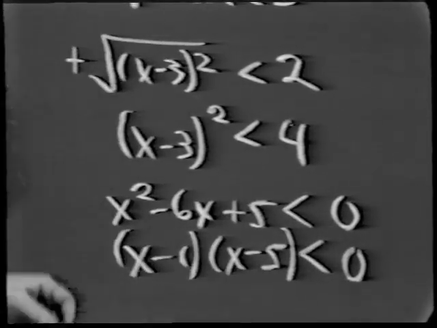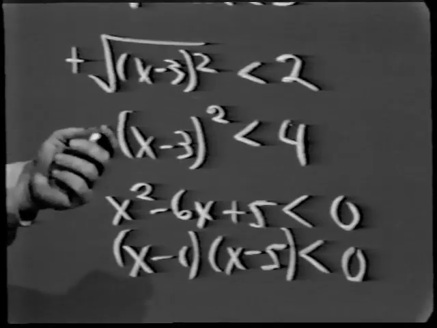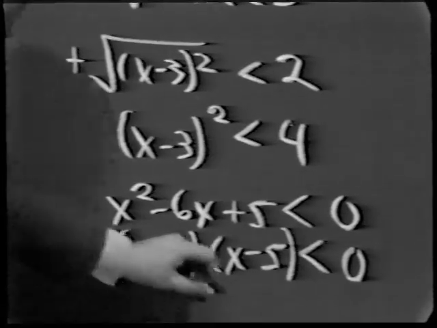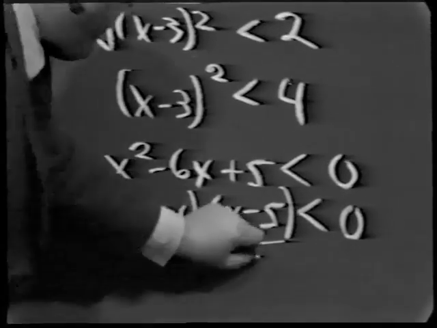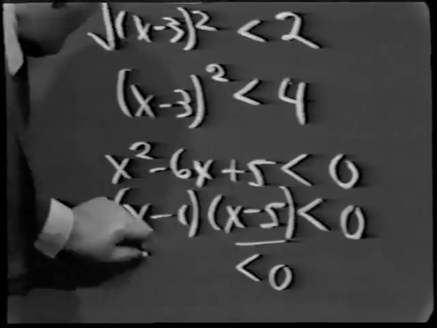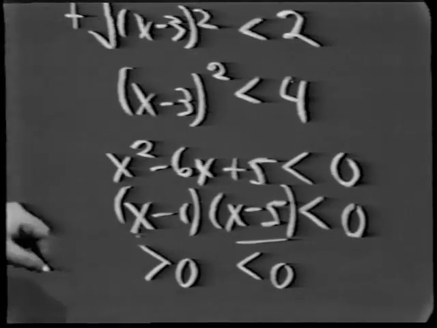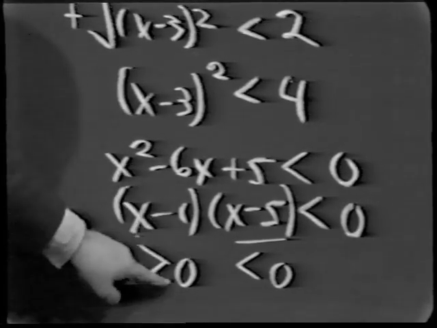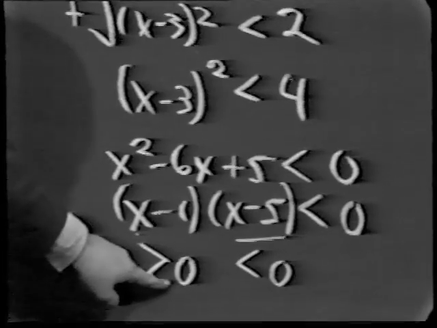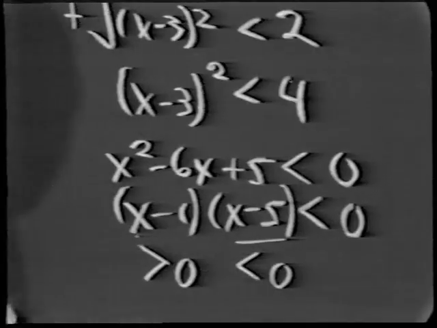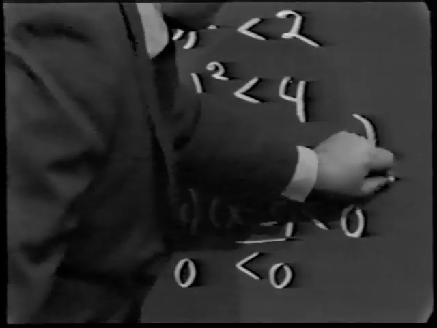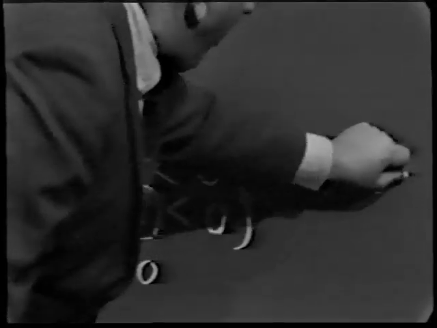The only way the product of 2 numbers can be negative is if the factors have different signs. Since x minus 5 is less than x minus 1, this must be the smaller of the 2. This must be the larger of the 2. To say that x minus 1 is greater than 0 is the same as saying that x is greater than 1. To say that x minus 5 is less than 0 is the same as saying that x is less than 5. You put that all together,